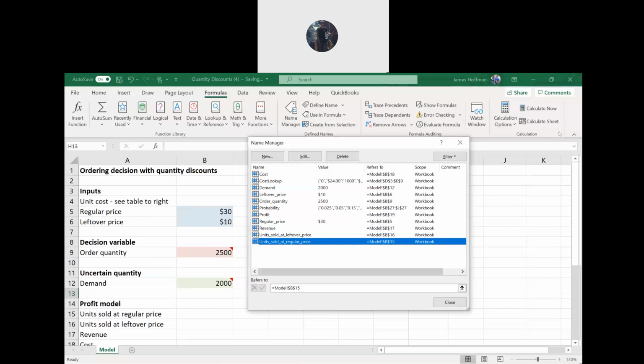What did we label profit model again? That whole section. What was the question? What did we label the whole section of profit model again? Okay. So we did those. We just selected them all together because they were in a group, but they each have their individual names. So, for example,